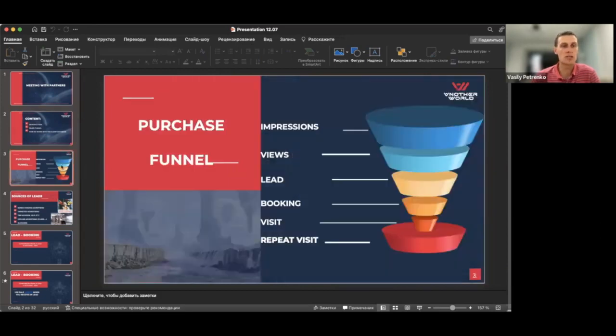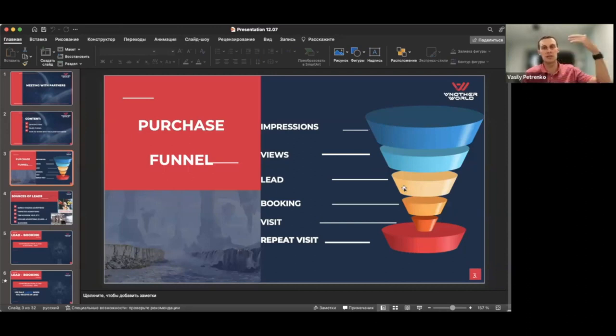So what is the sales funnel? I hope maybe you saw that picture, maybe not, if you had other businesses before. Basically it is something like that. It is the same for any business, like if you're selling cars, if you're selling games, if you're providing a service, whatever. So this is always like that.